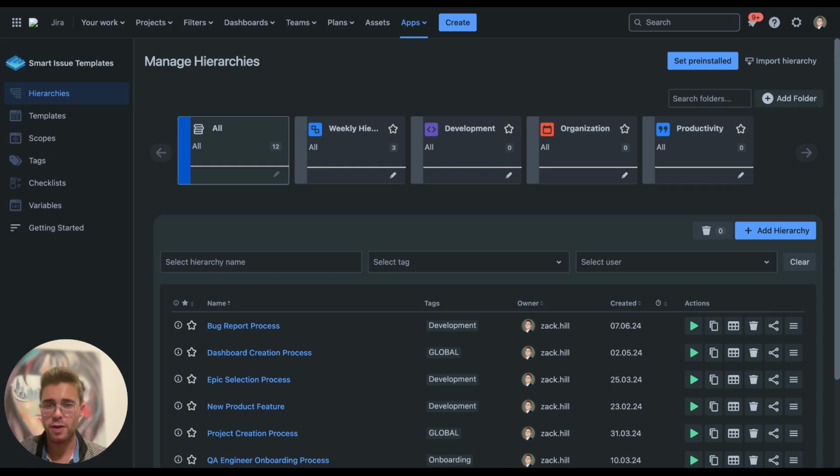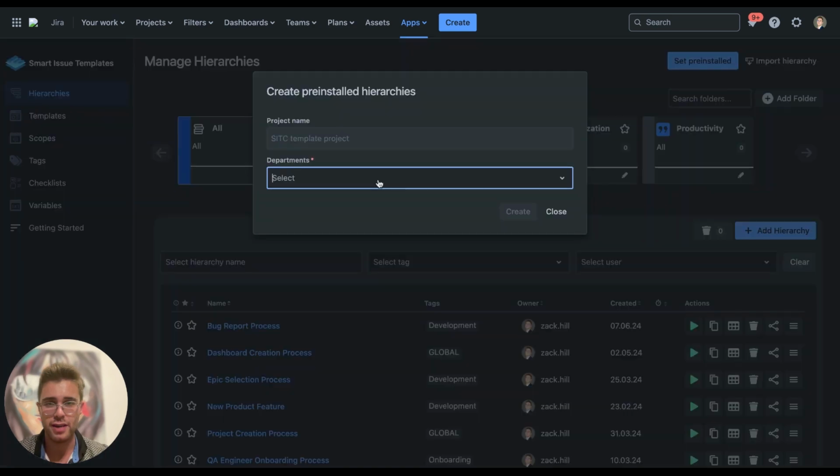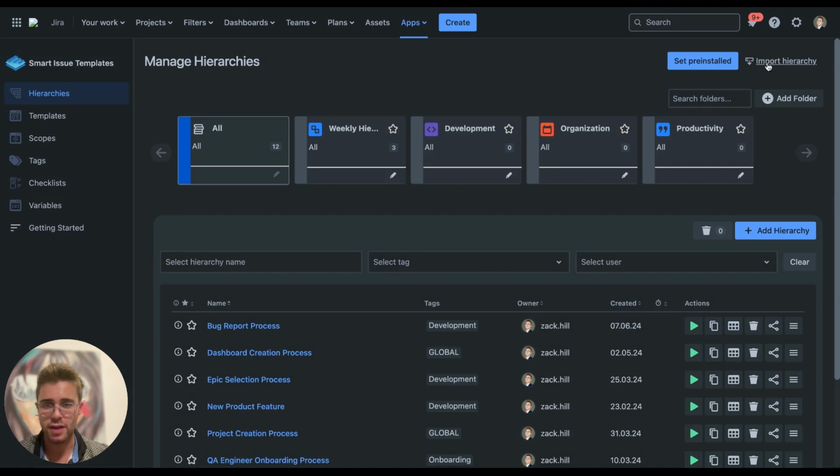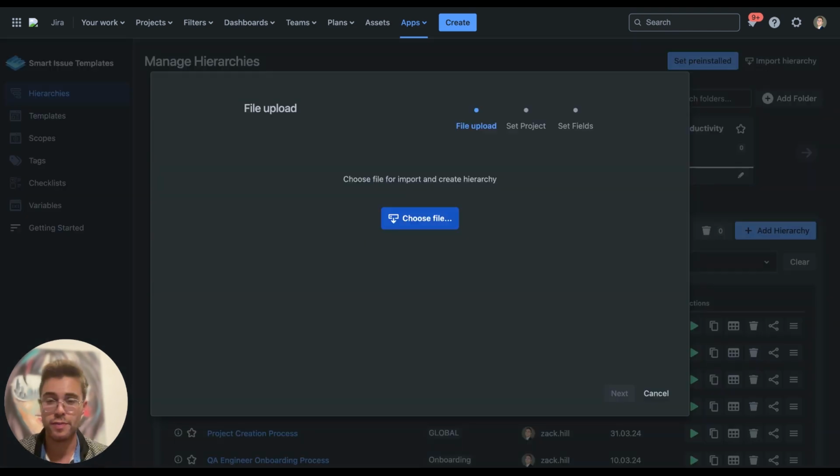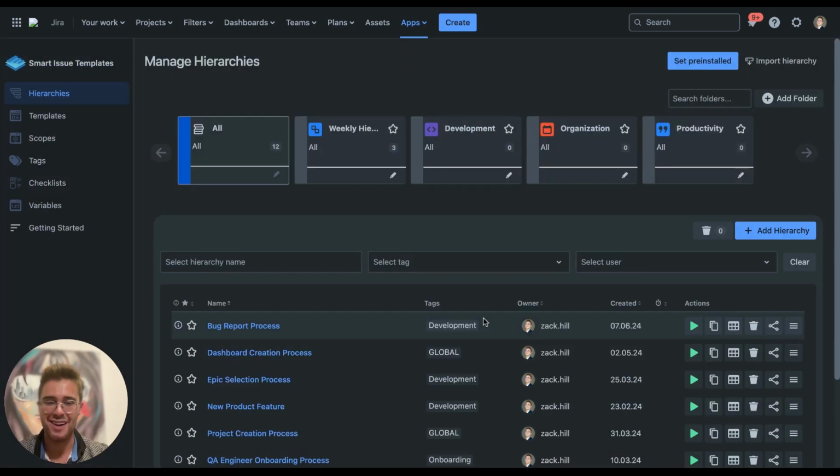So the way you're going to be able to access the hierarchy I'm showing off today is in our pre-installed hierarchies screen here. You'll just click that, hit the drop-down menu, and it'll be in there very soon. Now, if I close that, we will go up to import hierarchy. If you go into our documentation, you will see a file. You can download that and then import the hierarchy and also access it this way. So I'm excited to get right into it,